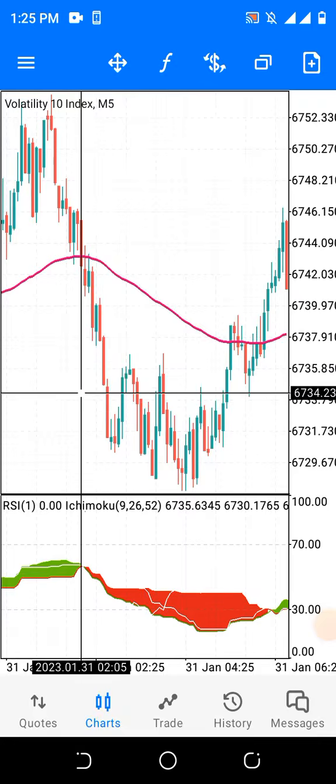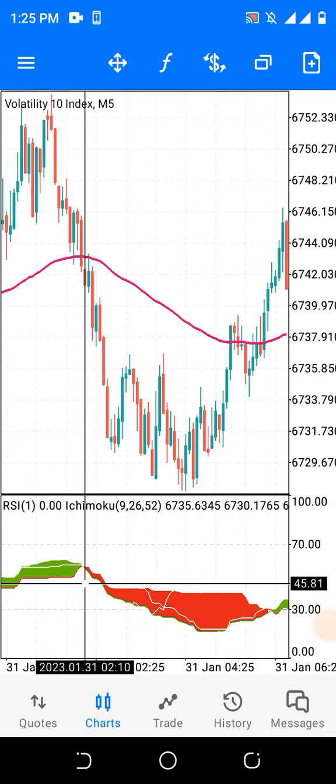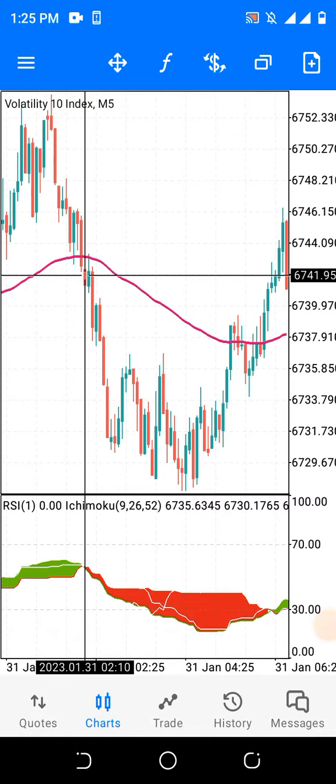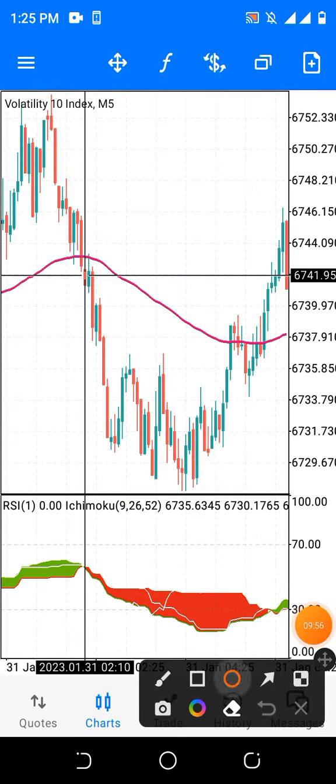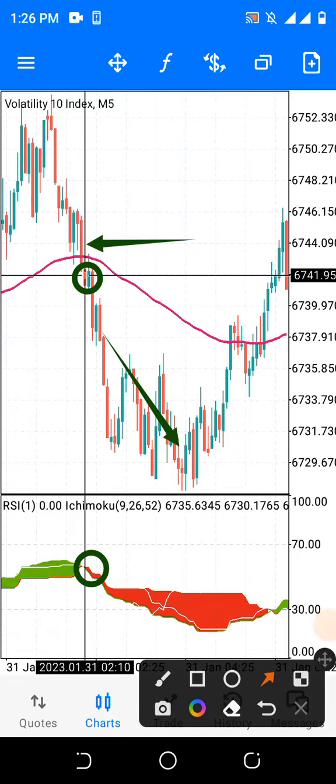Now this is another setup here. The color changes to red here, and that is the first condition. Second condition, the candlesticks must be below the moving average. So in this case, the candlesticks are below the moving average. Do you understand? So you make your trade entry. Make your sell entry here. This is where the crossing occurs. So you place your stop loss just above the moving average, and this is the excess profit.